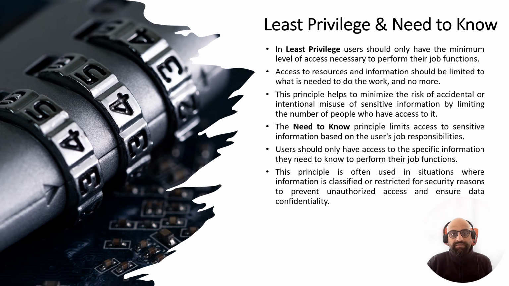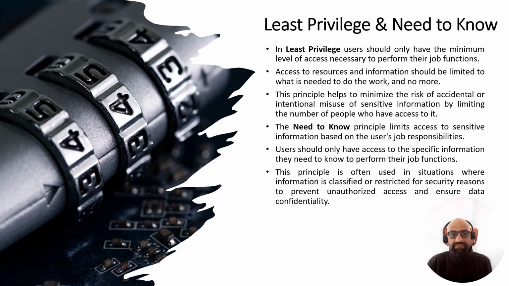For example, a company's HR department may use a HR information system to manage employee records, such as salary, performance evaluations, and medical records. However, not every employee in the company needs access to all this information. By applying the principle of least privilege, the HR department can restrict access to this information to only those employees who need it to perform their job functions, such as the HR manager and payroll staff. This helps to prevent sensitive employee information from being accessed by unauthorized users, which could lead to privacy violations or